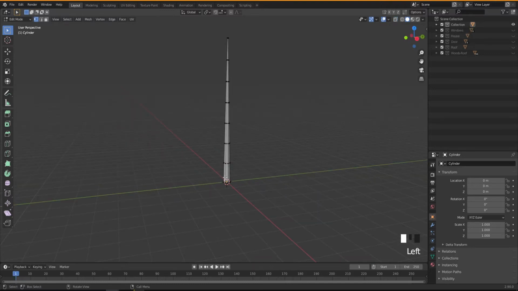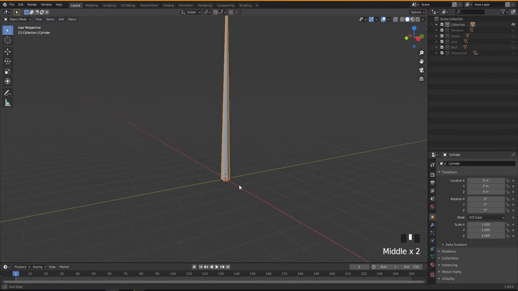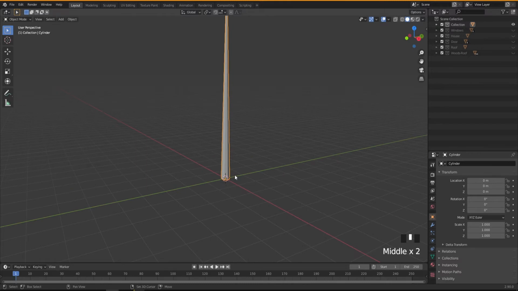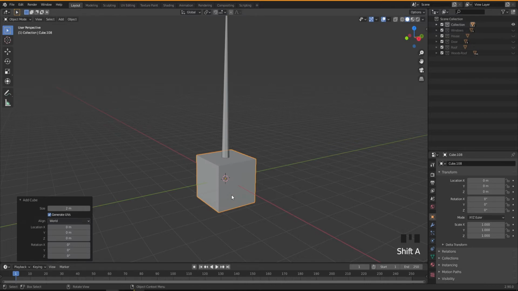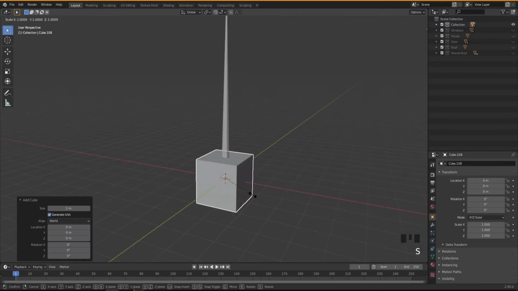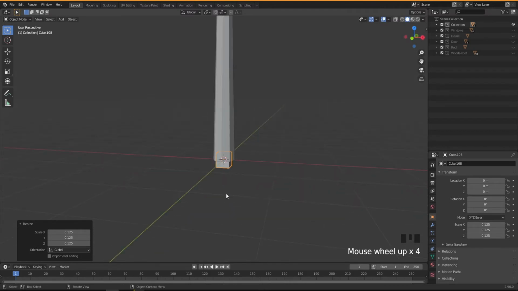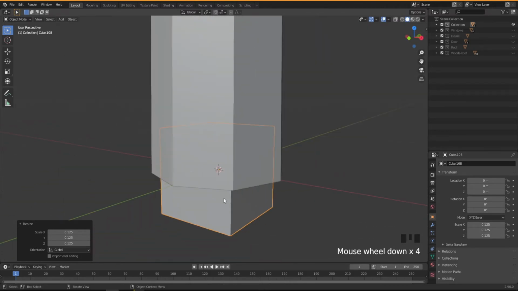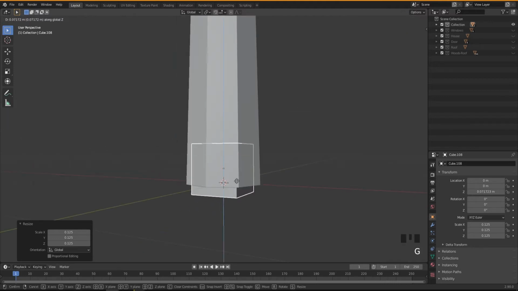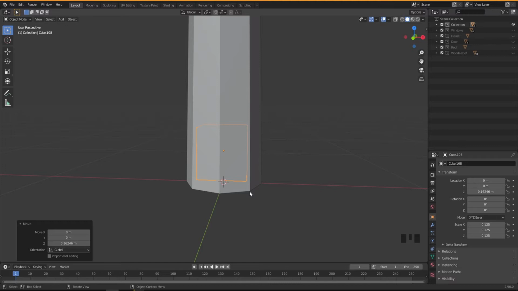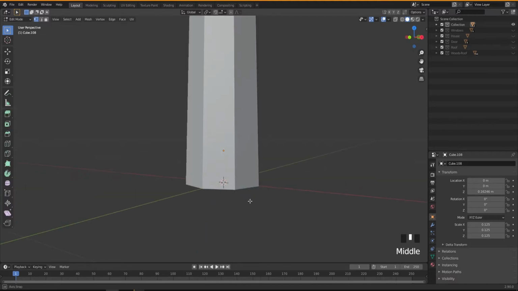So next thing, we're gonna add a chunk for the leaves, so press Shift A this time, and we're gonna add a cube, and I'm gonna scale it down, S, like this, and zoom in so we'll be able to see better. I'm gonna move it up, G, Z, and then I'm gonna go to edit mode, and I need to be able to select the object.